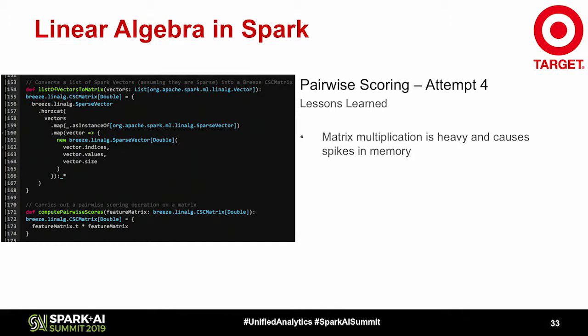So other bumps along the way, I learned that matrix multiplication, as expected, is very heavy and causes spikes in memory. You can tune your cluster to handle all of the data that you're partitioning out in terms of all those vectors, and you can tune the memory to handle all the broadcasts that you're sending out as well. But then you also have to account for the actual raw calculations that are happening, because it's keeping that running tally, the running sum of all the pairwise multiplications, when it's going through each row and column to do the scores. So that was something I ran into and had to tune against. So I figured I'd call that out.